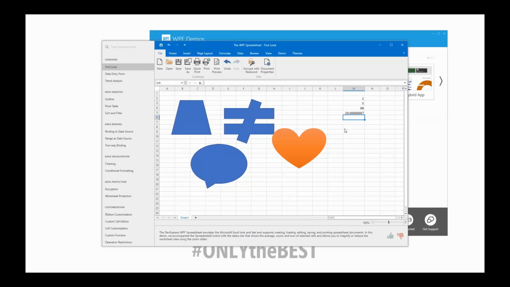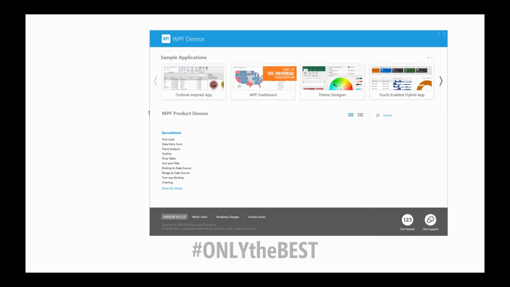Another set of enhancements, I'm going to bang on about this forevermore. We have more SVG icons across the controls. And another, the Spreadsheet and RTF editor now automatically recognize the format of a document without actually relying on the file extension. And finally, I'd just like to reiterate there are many more tweaks and enhancements to the WPF controls,